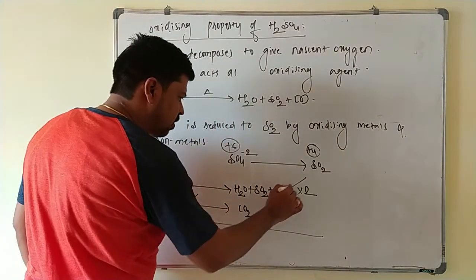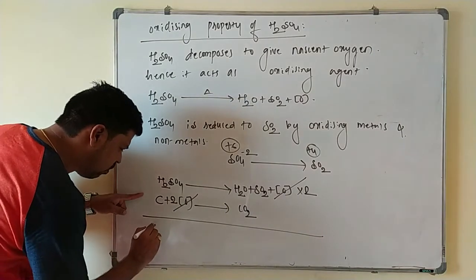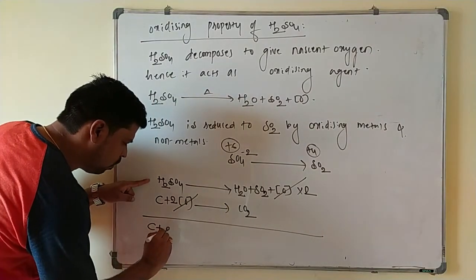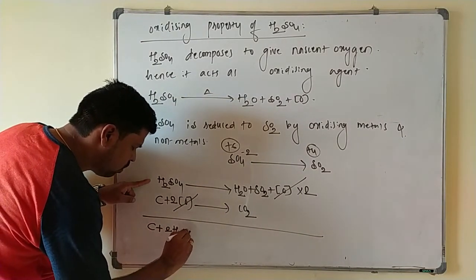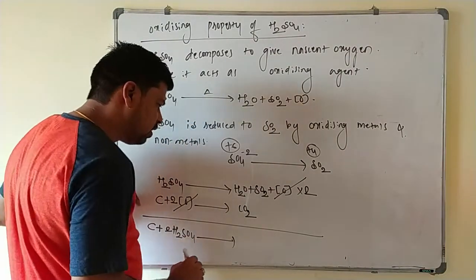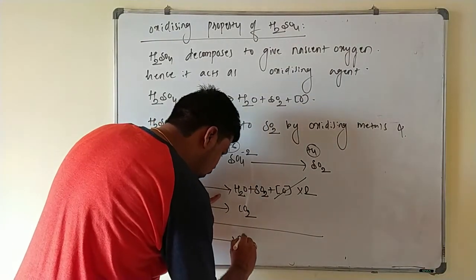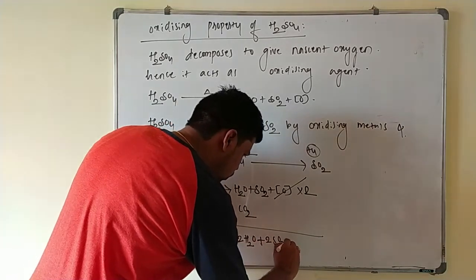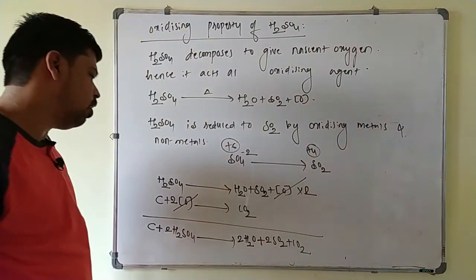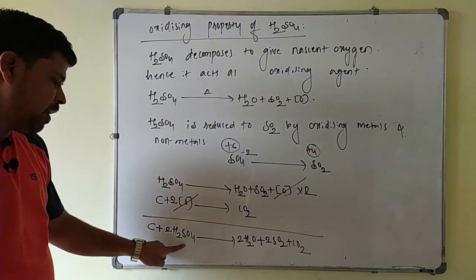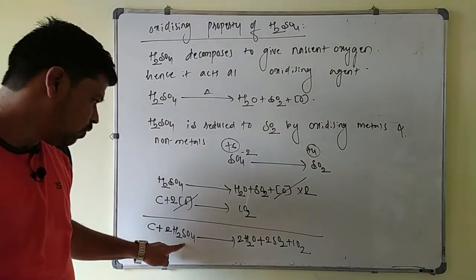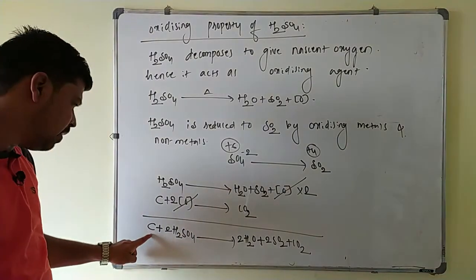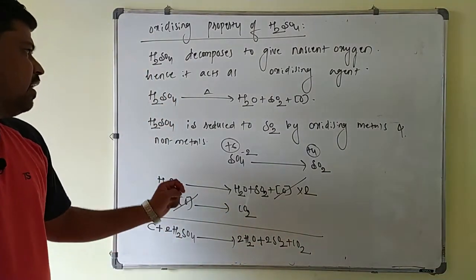The two nascent oxygen cancel, and carbon reacts with 2 moles of H2SO4, giving 2 moles of water plus 2 moles of SO2 plus CO2. So H2SO4 is reduced to SO2 and carbon is oxidized to CO2. Next reaction,